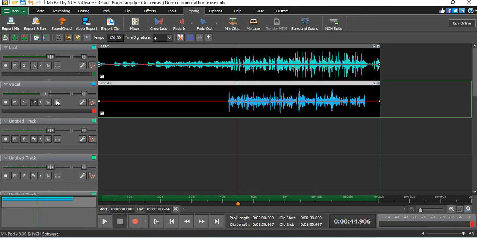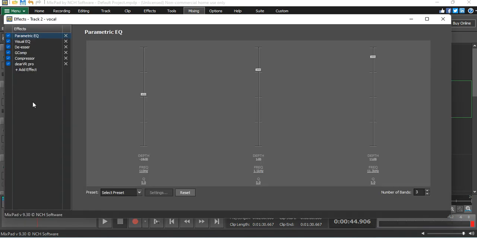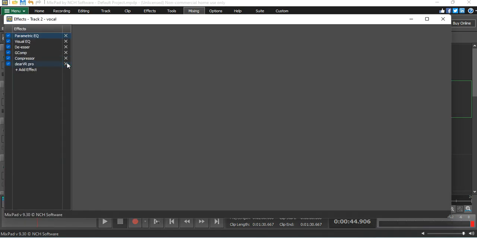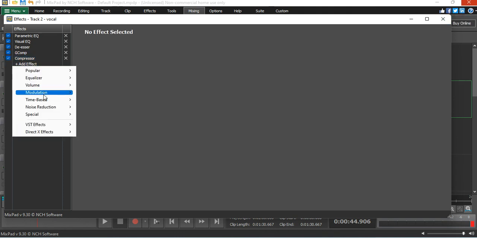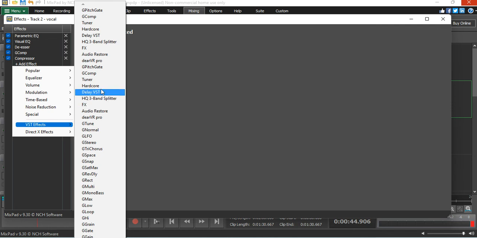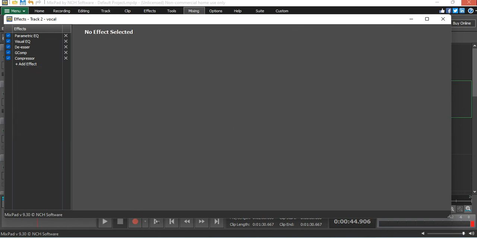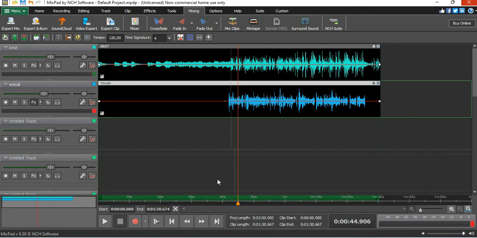I feel like the reverb is not good for this kind of vocal, but I still feel like I need to put a reverb on it. I'm still confused about which reverb I can use, the one which is perfect for this. But guys, let's just leave it just like this because it still sounds great. So guys, this is how you get that